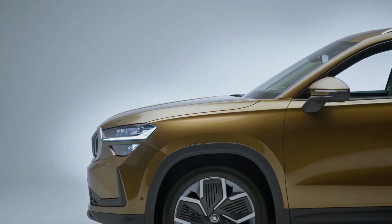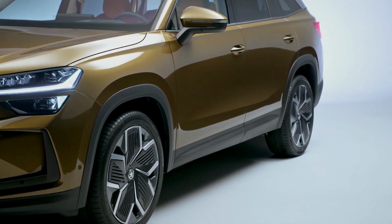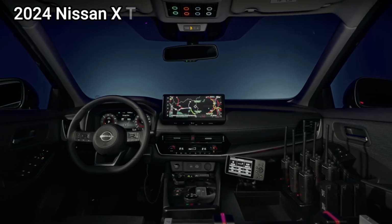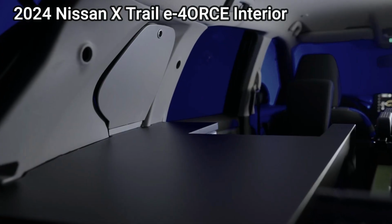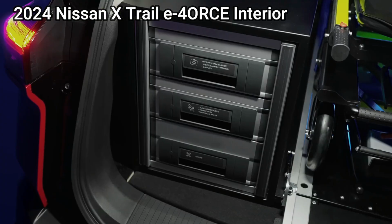The Nissan X Trail utilizes the Japanese brand's e-POWER hybrid system, which is also found in the 5-seat Nissan Qashqai. Rather than using an electric motor to assist the petrol engine, the X Trail's petrol engine is instead used to directly charge a battery pack, which in turn powers the electric motor. While this seems like it should make the car much more efficient, it's less effective than you might think in